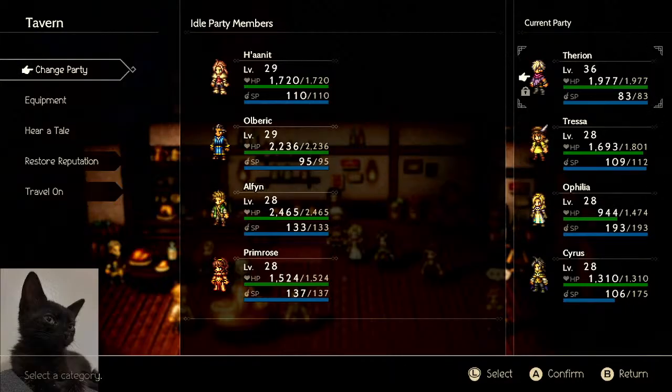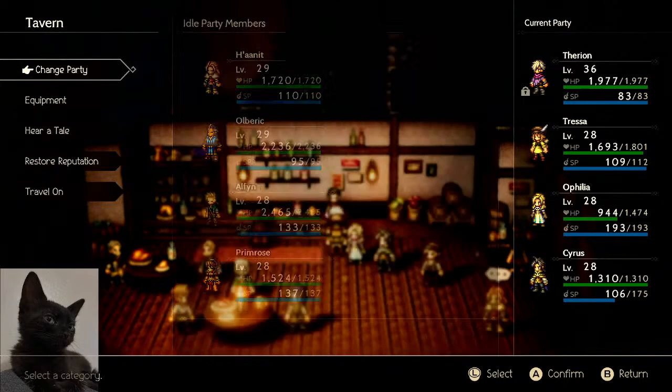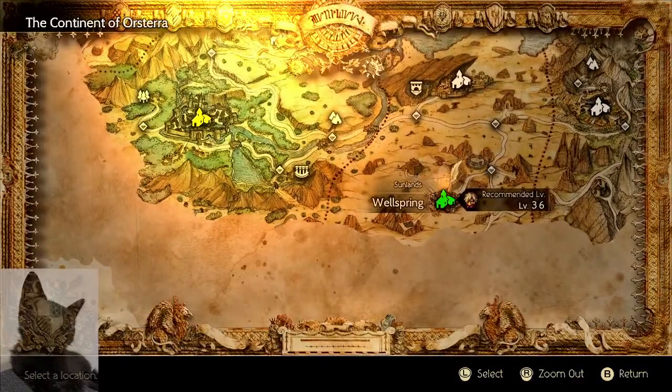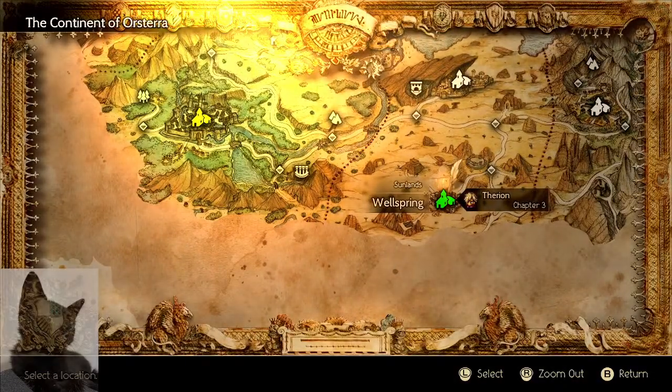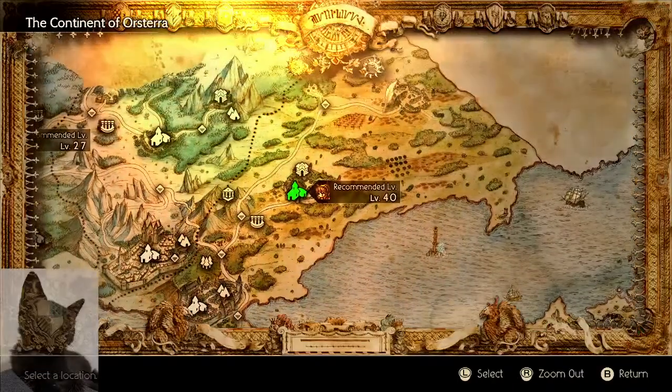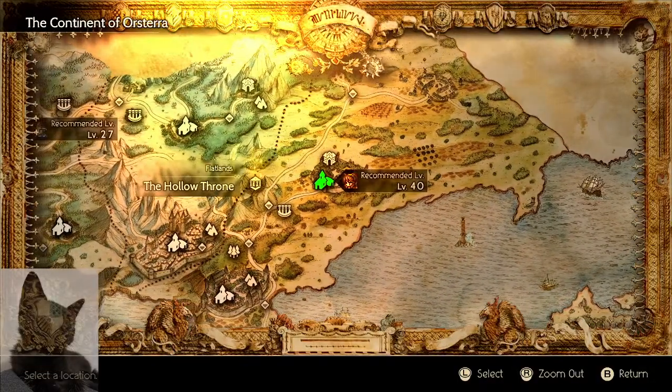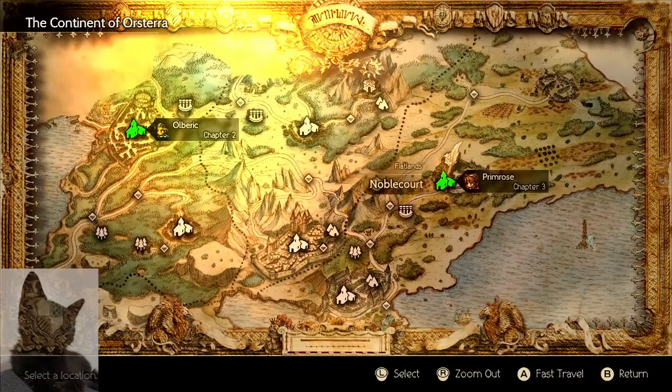Which main character do you want to see the beginning of, or which one do you want to see first for the finished story? I'll try to get that one as soon as possible. For the main character, the recommended level is 36, and because he's the main character, we have no issue leveling him up. But like the premise,